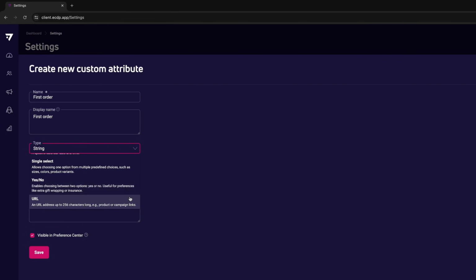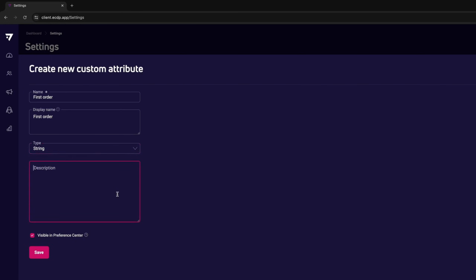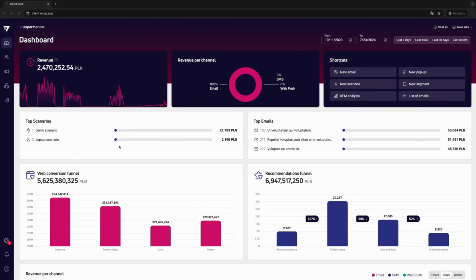ExpertSender is another e-commerce first customer data platform with built-in marketing automation. So the same place that stores your customer, order, and web behavior data is the place you use to send email, SMS, and web push at scale. The company positions the CDP as the command center for online stores, with tools for consented data collection, segmentation, and omni-channel activation in one interface. If you are coming from a classic ESP and want something purpose-built for storefronts,